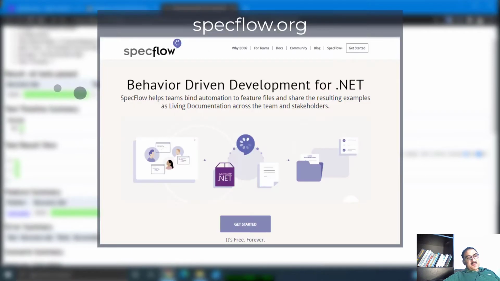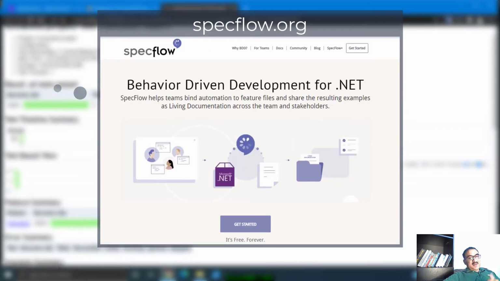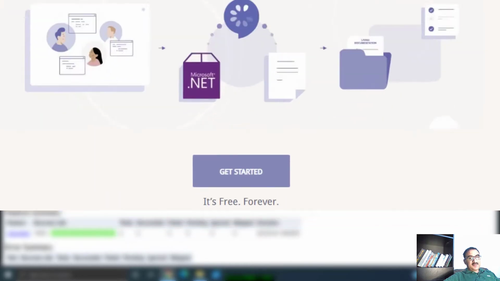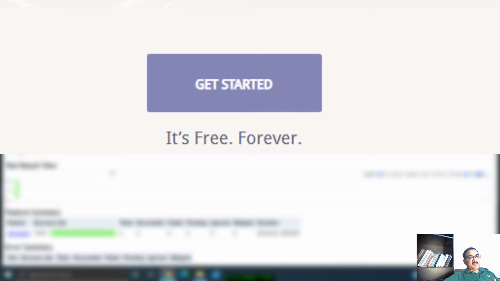In the past SpecFlow plus Test Runner was a licensed product, but in January 2020 Tricentis, another big software company, acquired SpecFlow, and after that they have made almost all of the SpecFlow plus related products free.